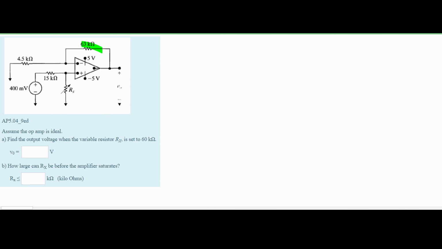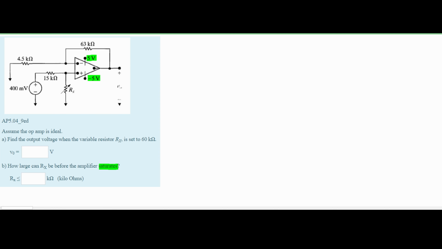In this problem, we are given the following circuit diagram, and we are to assume the op amp is ideal. We need to find the output voltage when our variable resistor Rx is set equal to 60 kilohms. We also need to see how large Rx can be before our amplifier saturates. And we know that saturation is basically when the output voltage is equal to the max 5 volts or this